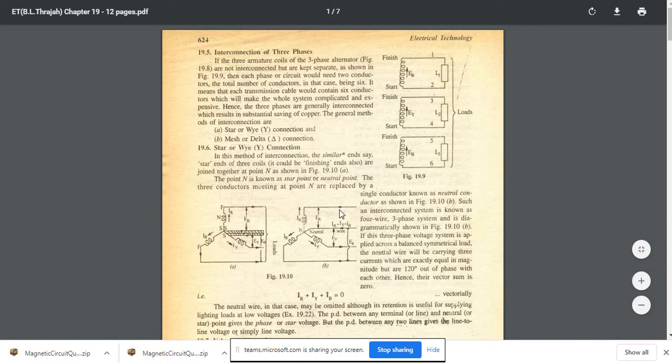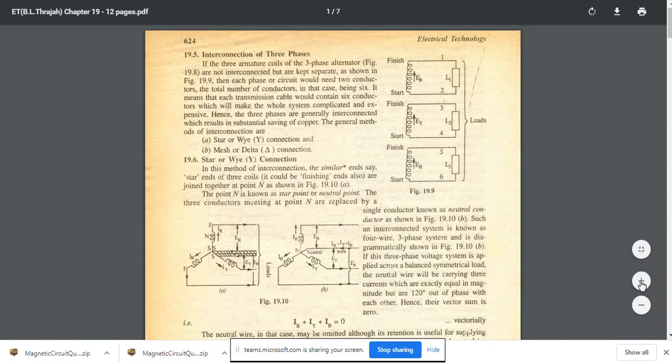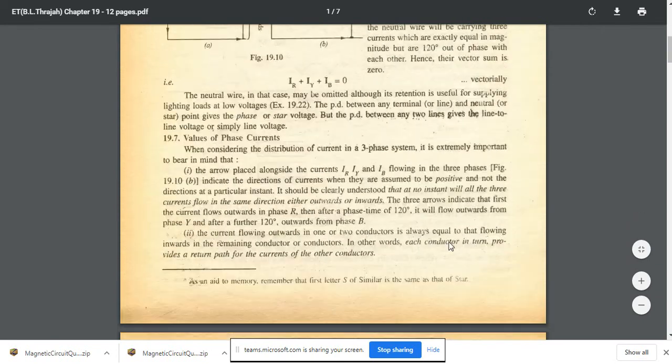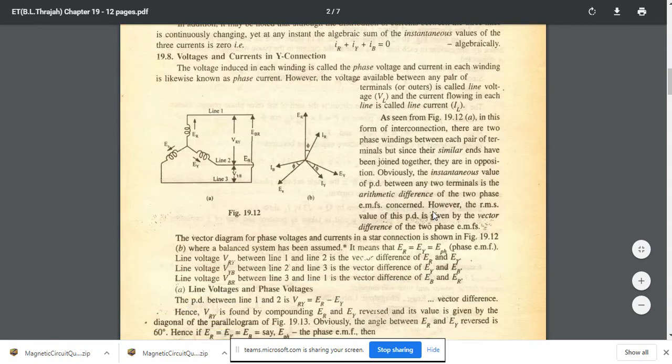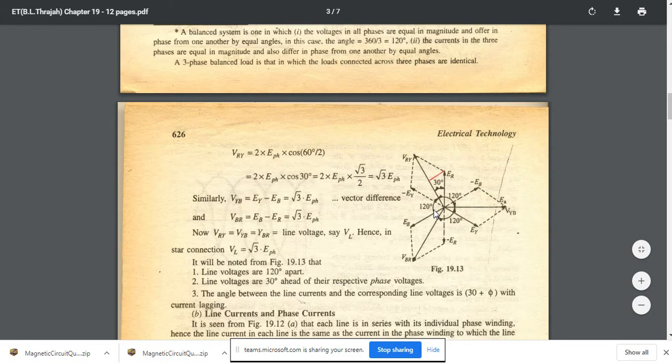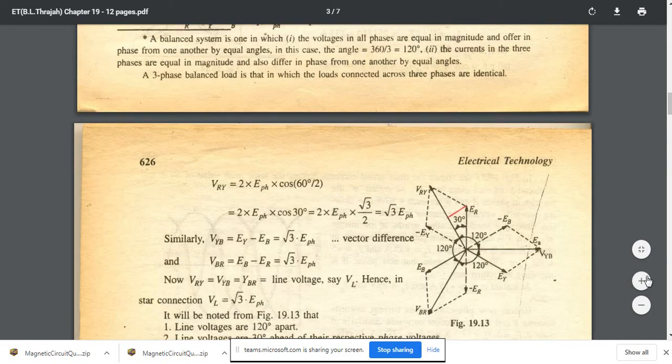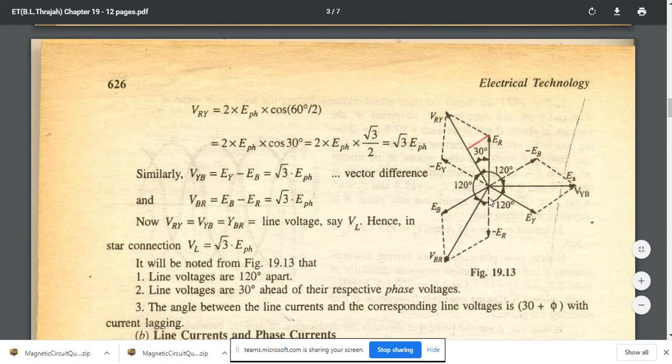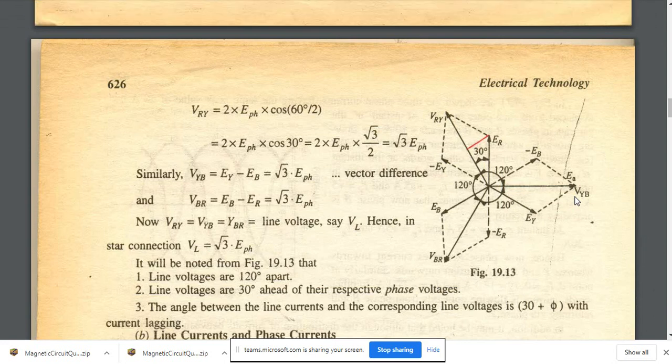Okay, now if you're seeing this, you have the star or Y connection over there. The proof is very simple, as you can see. Let me just go on to it. Yes, this is the proof over here. What you are seeing are a number of vector phases. First of all, if you have a vector phase, let me use my mobile screen as well. If you have three phases, okay?